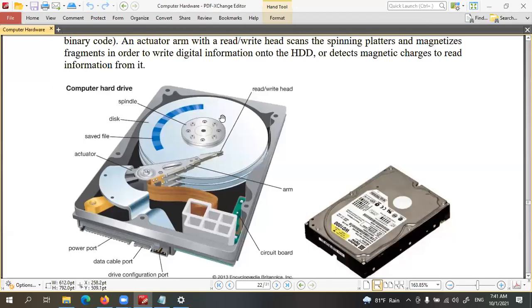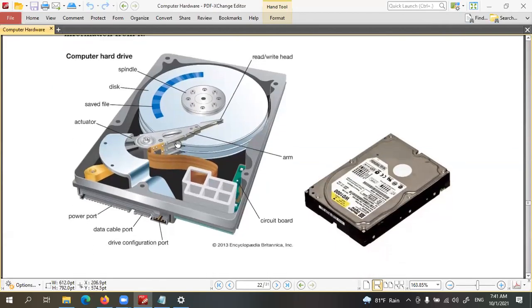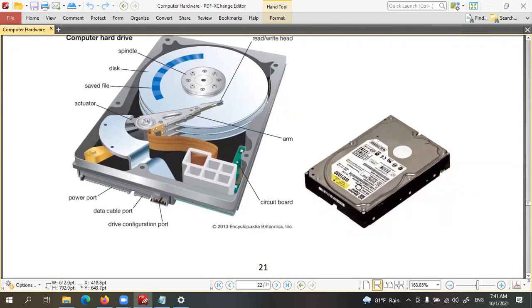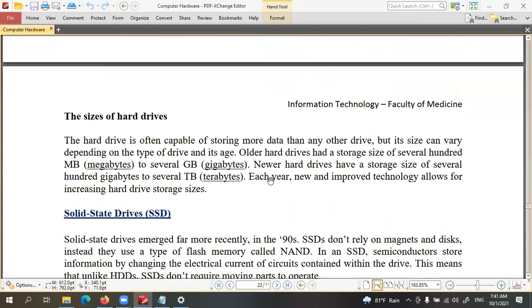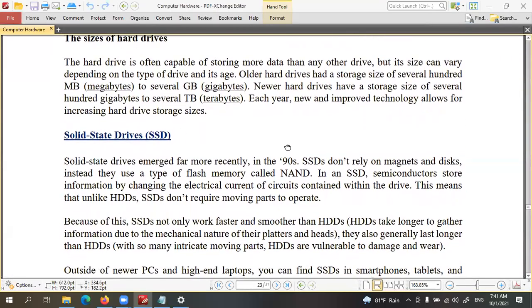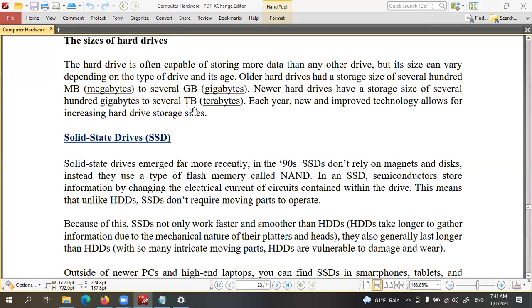But the capacity of the hard disk is higher. So this is the inside of the hard disk, and this is the outside, the outer figure of the hard disk. The capacity is now measured in terabytes and gigabytes, like 512 gigabytes, 1 terabyte.